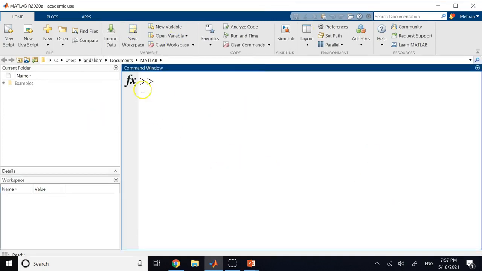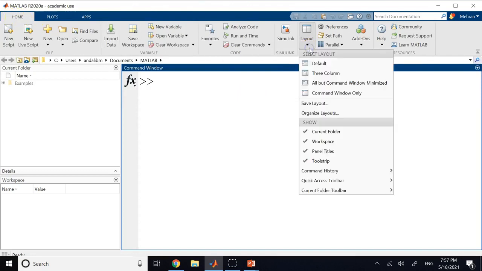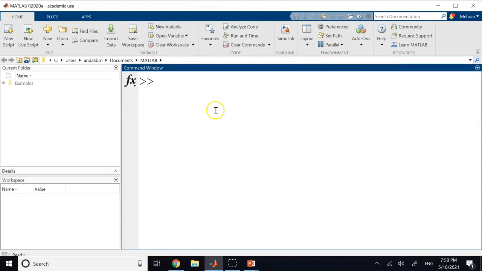And whenever this configuration of these different panels or windows is not what you want and you want to go back to default, or you change it, under the home tab here you go to layout and you can select the 3-column, you can add anything, you can make it to be default, and so on and so forth. Okay, if you want to remove something, you click on it and remove the check mark next to it. So anyways,